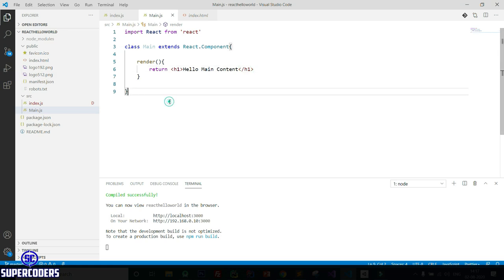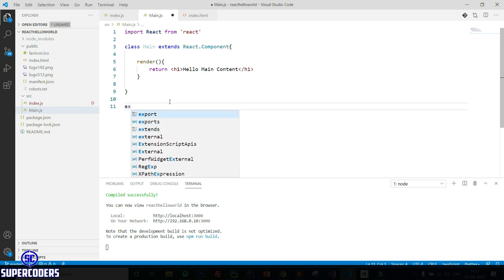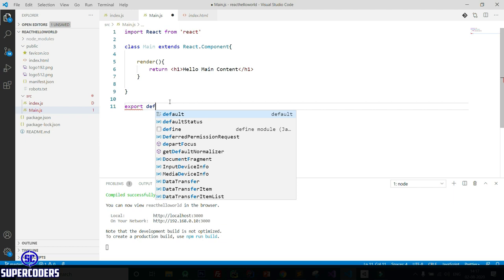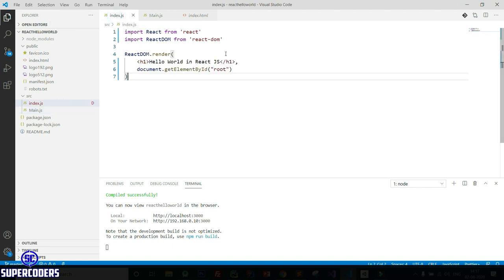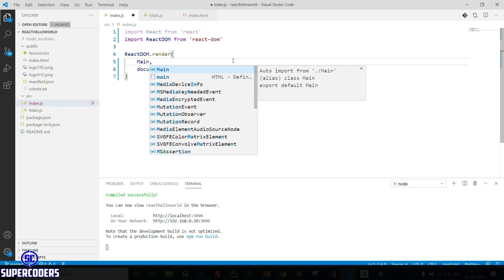Save it. Now again here export default main. So in this way you can access this class in other components. Now let's see. Here earlier I was returning the message of h1, but now instead of returning this h1, a string or HTML, you can add another thing like main.